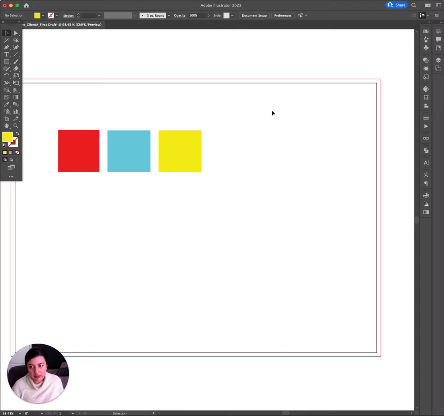Perfect. So let's say I wanted to make a grid. I could actually highlight all of these. What you would do with that is you would click and drag so that you get this little marching dot selection, and it will highlight everything. Then what I can do is I can actually,